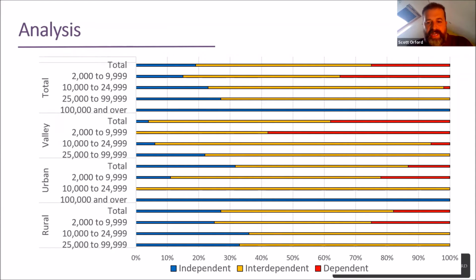So what we did was we drilled into it a bit more. This is a graph which shows each of the different types of local authority broken down by each of the settlement sizes, and the different colours are the 3 different categories. So we're looking at 3 different classifications in this graph: settlement size, type of local authority, and our dependency classification. So we're looking at all 3 at once.